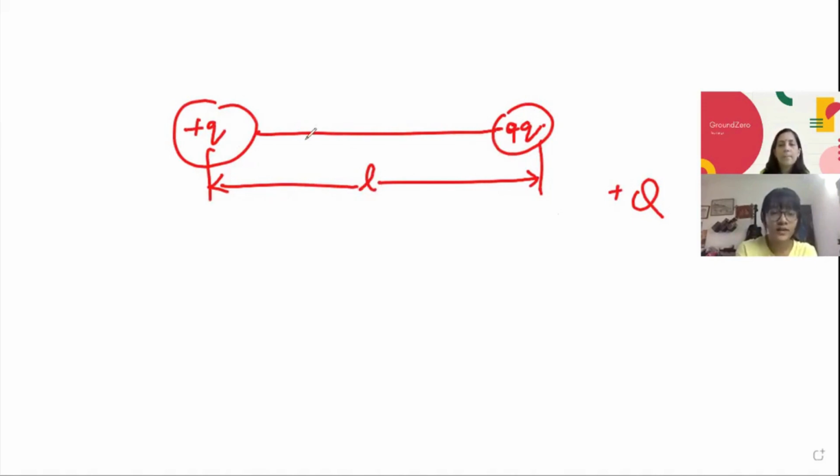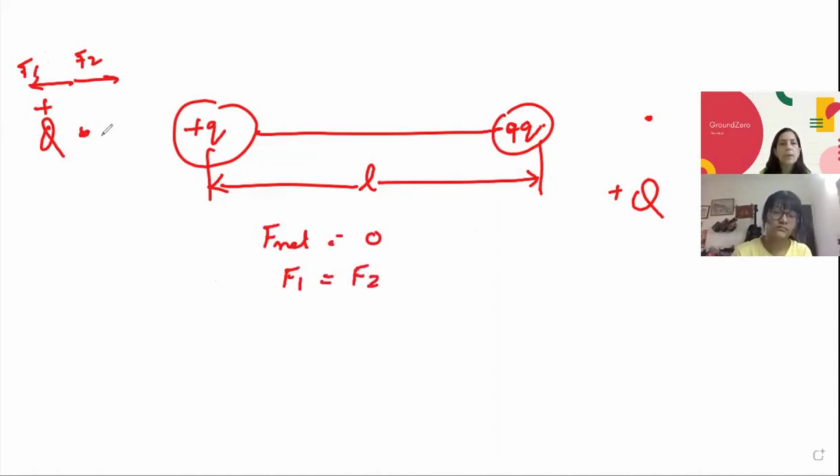On the left side of +q. Yes, you check with the forces. If this is positive, obviously F1 and F2 will be in the reverse direction. Why didn't you take it here? Because we have to keep it nearer to the smaller charge to balance the force. That is right. So F net is equal to 0, then F1 is equal to F2, with distance x. Write it down and get the value of x. Tell me the value of x if this is 9q.